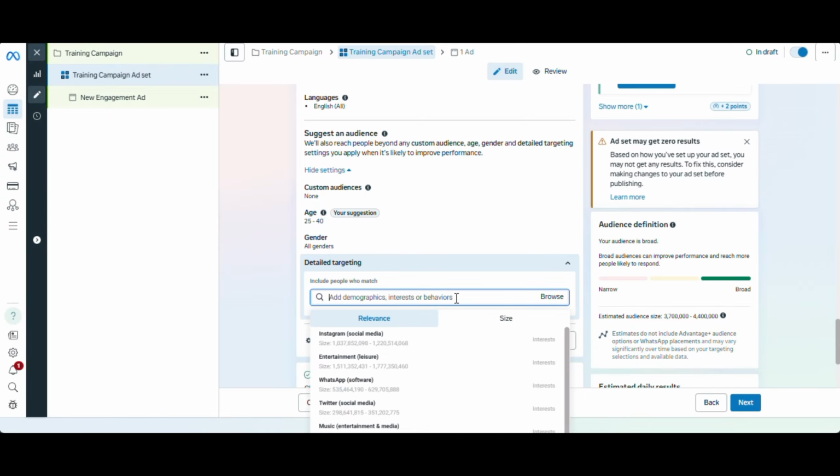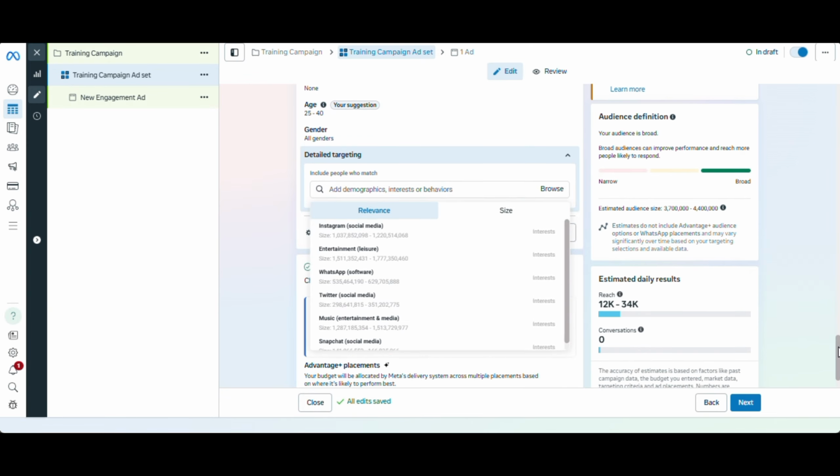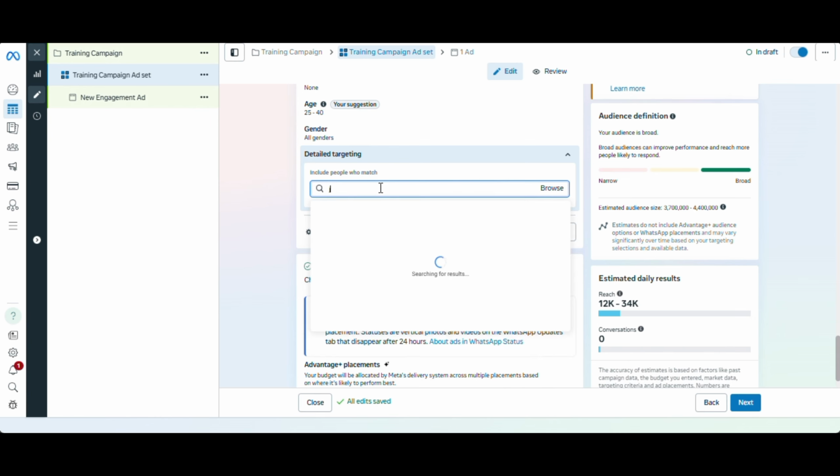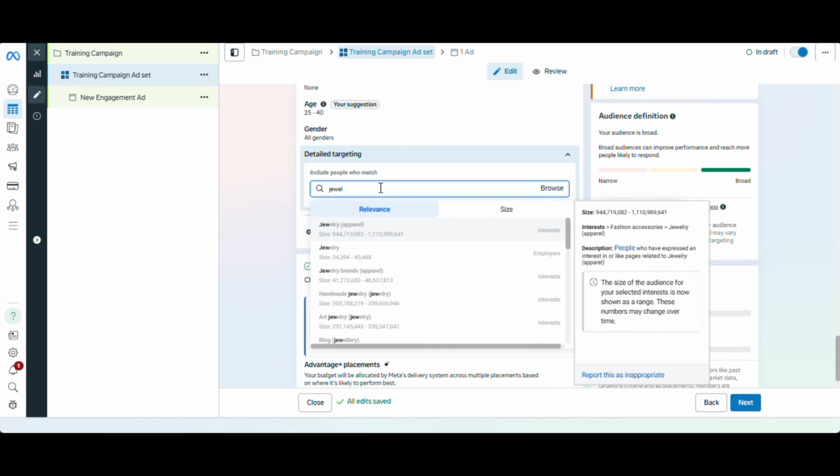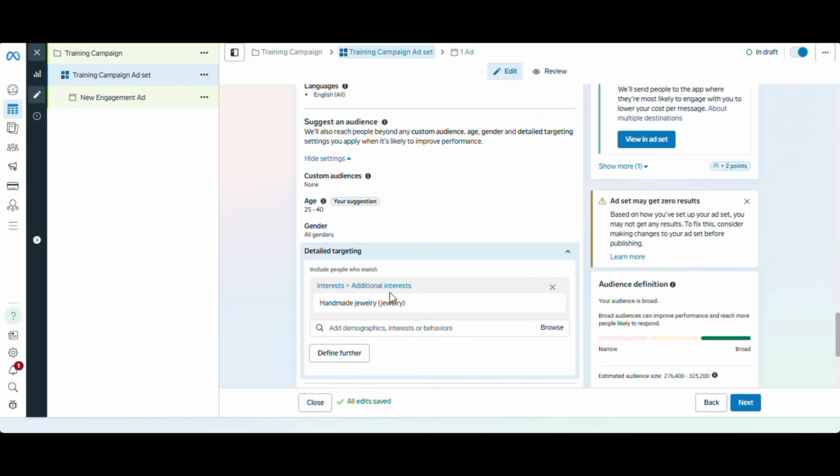This is detailed targeting. This is the real deal. This is where you have to pay very close attention. This is what determines your advert result. So here, let's say for example, I'm trying to sell jewelry. I can type here, jewelry, for example, and search for, let me say I'm trying to sell handmade jewelry. You actually click on this and